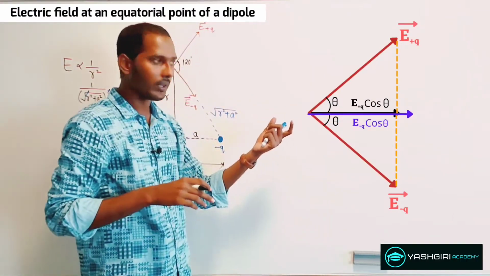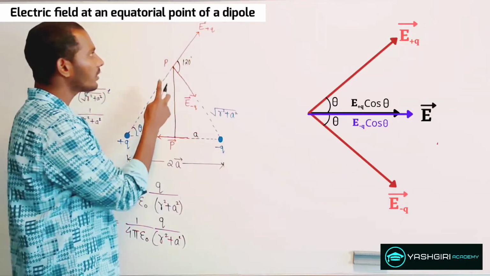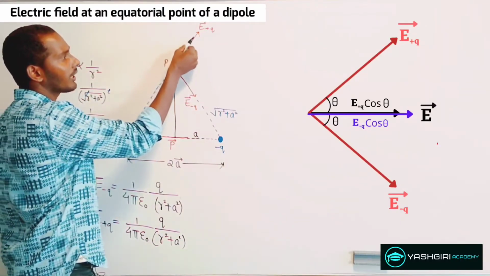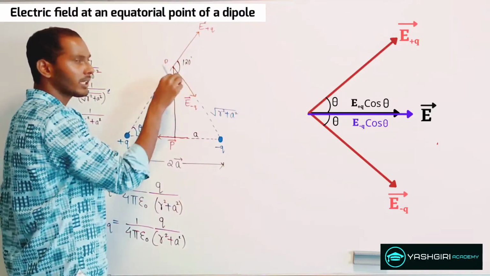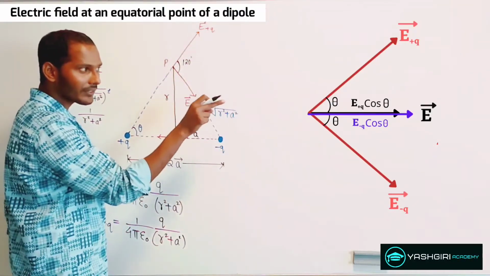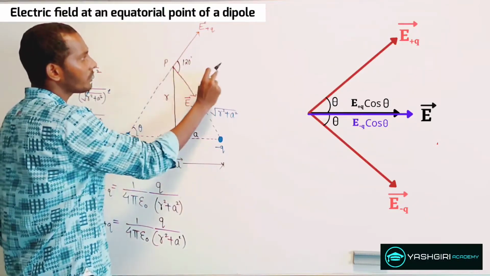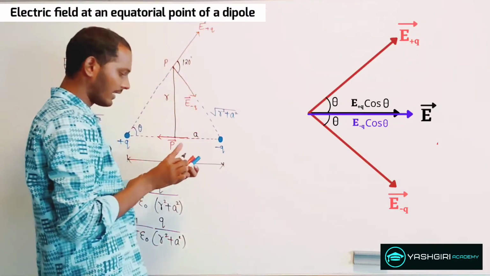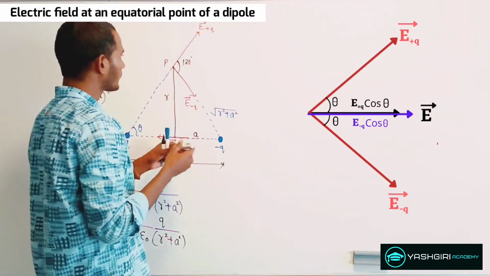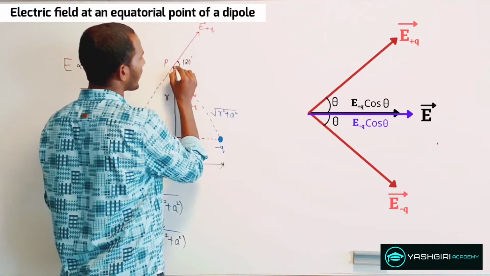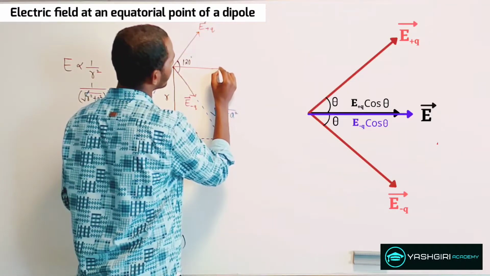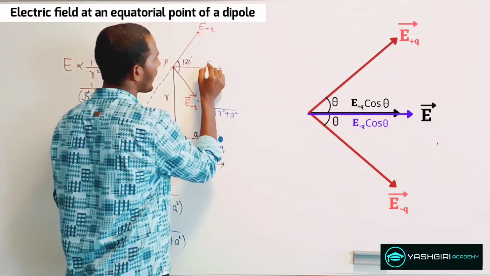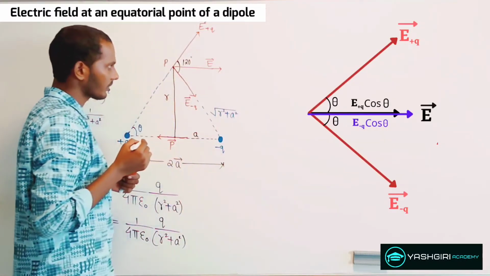So the same thing I can just apply over here. This is my electric field due to the positive charge, electric field due to the negative charge, and the net, if you see there, after resolving the components, you will get the net electric field pointing in this direction. So that is the net electric field, in this direction. So this is my vector E over here.